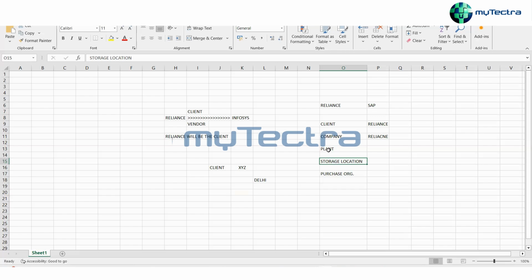For that you will have a specific team or department, called the purchase department, or purchase organization. They will take care of the procurement part.